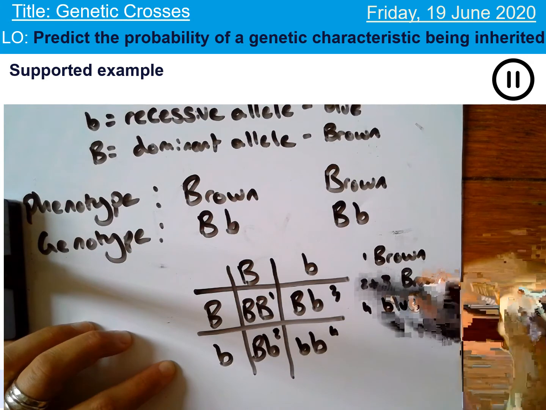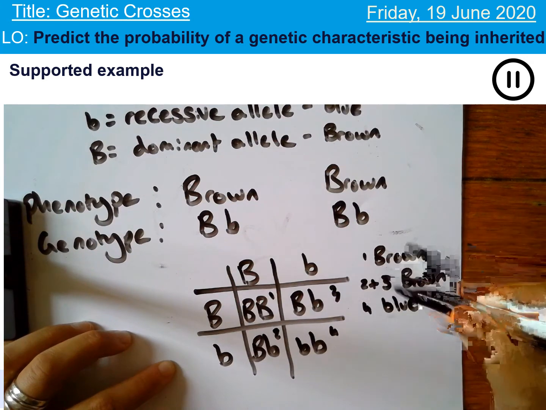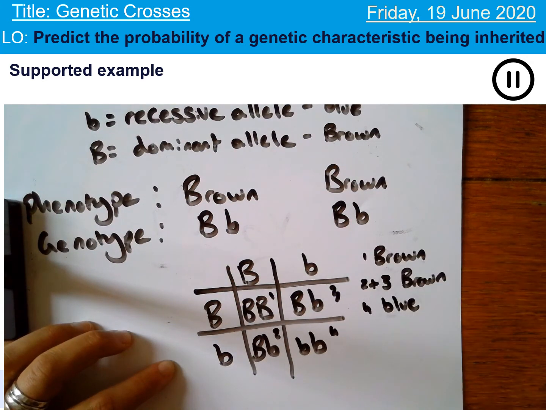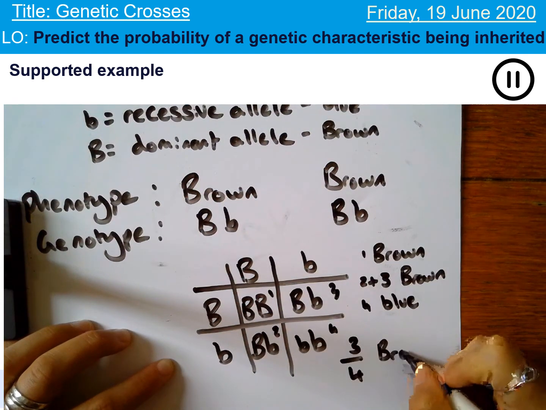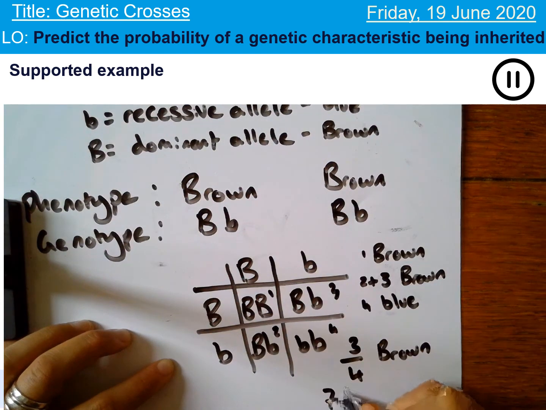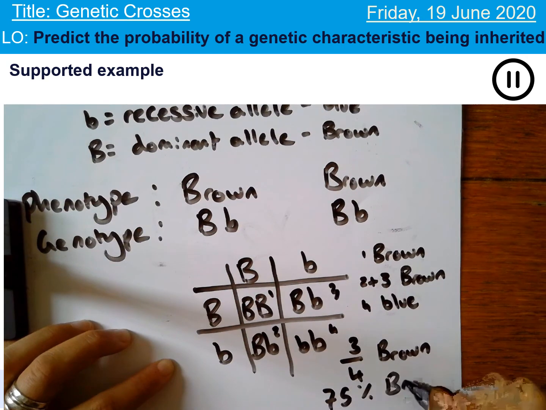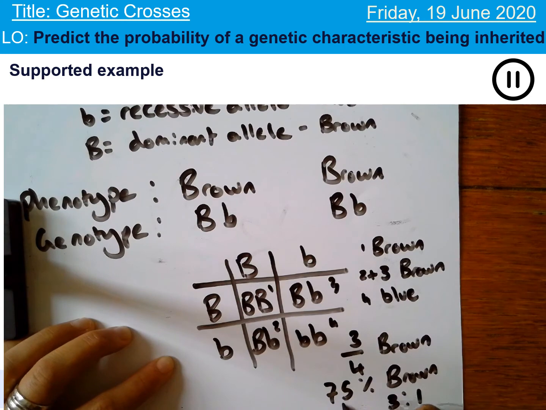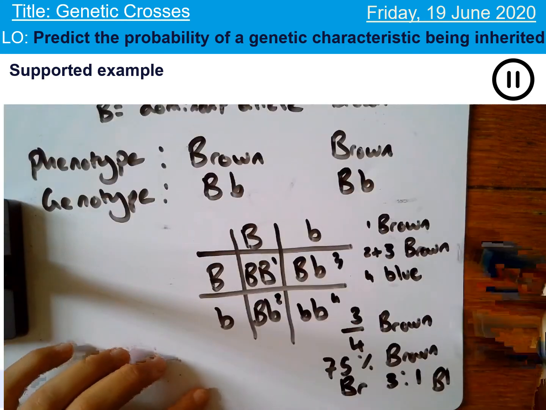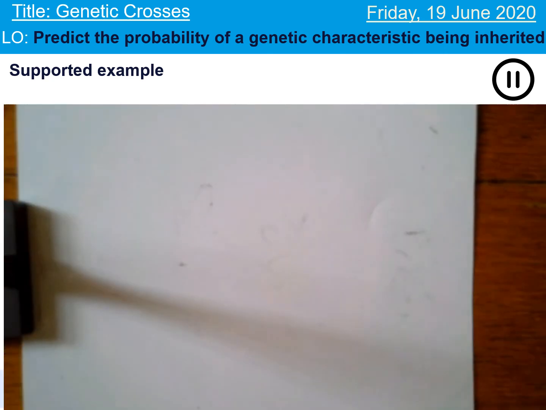That means of the four possibilities, 3 out of 4 are brown, which means I am 75% brown, and my ratio is 3 to 1 brown to blue. If you are able to work through that Punnett square, in this video